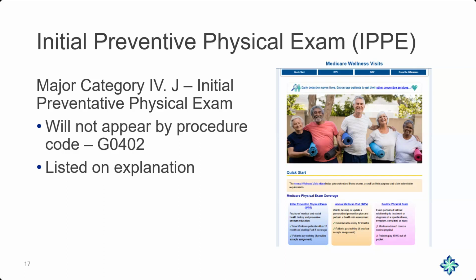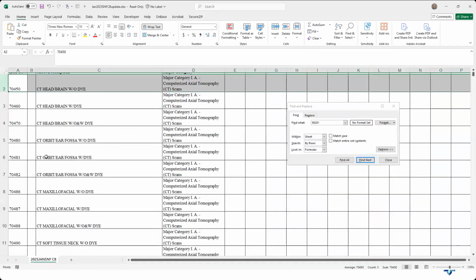The SNF has to pay you if you do this type of service. Keep in mind, it does have to meet the criteria set forth by Medicare. So it could have a frequency criteria. None of that changes. It just doesn't go away. If you're looking for this one, I do recommend that you look at major category 4 and J, which would be what you're looking for here. So again, you're going to come back to the Excel spreadsheet and you're going to look for the major category that falls within it,